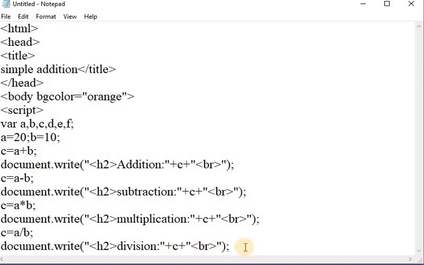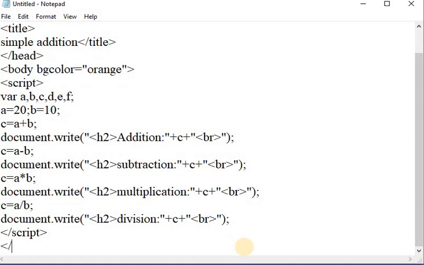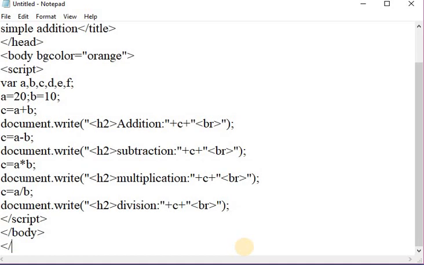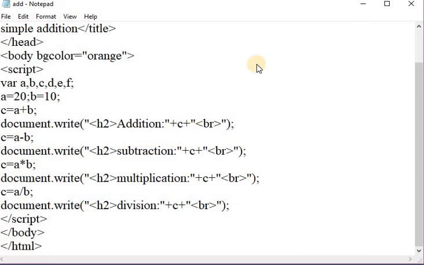After that close the script tag, close the body tag, and close the HTML tag. Save this file as an HTML document and see the output.